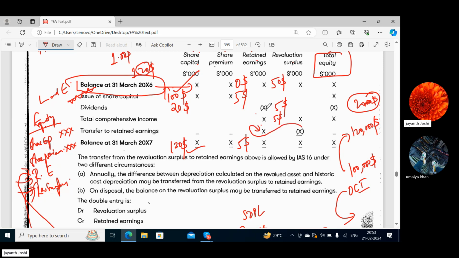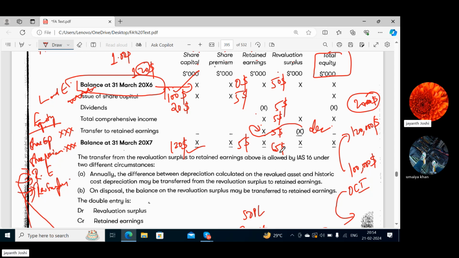Why they have done this, I will explain in the next session. Any transfer into an account would increase it. If you get money into an account, the account balance will increase. And if the amount is transferred from revaluation surplus, that account balance will decrease. I will show that treatment. Here again, you got $5. So the total amount is